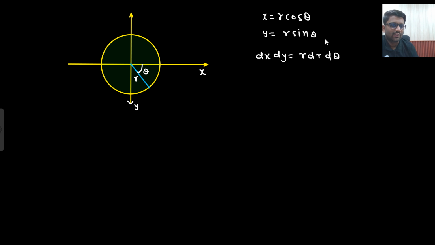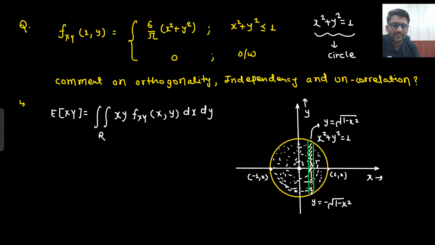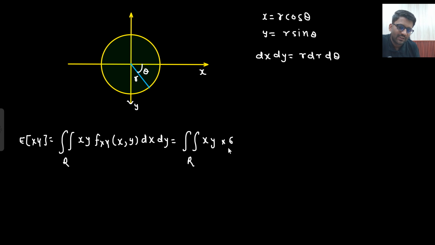Right? So this is how we replace all these things. And now I need to solve this integration. Expectation of xy was equivalent to what? In the region R, xy, f(x,y), dx dy. So in the region R, xy, what is your f(x,y)? 6 by pi into (x square plus y square)